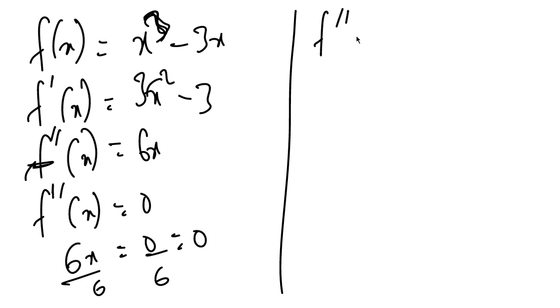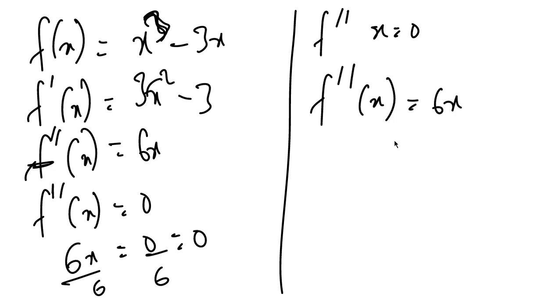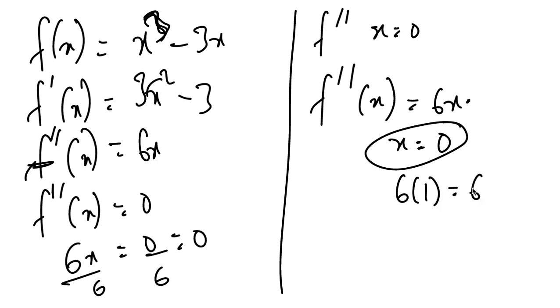So we are not sure yet, right? It's not a sure thing that the point of inflection occurs at x equal to 0. You have to test for a sign change. Now the second derivative we got as 6x, and our proposed point of inflection is x equal to 0. But now you have to test any value greater than 0. You can use 1, you can use 2. If you substitute 1 into the second derivative function, it's going to give you 6. Then choose any value less than 0, like minus 1, minus 2. 6 into minus 2 is